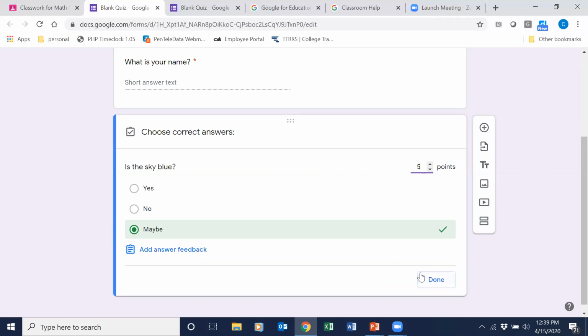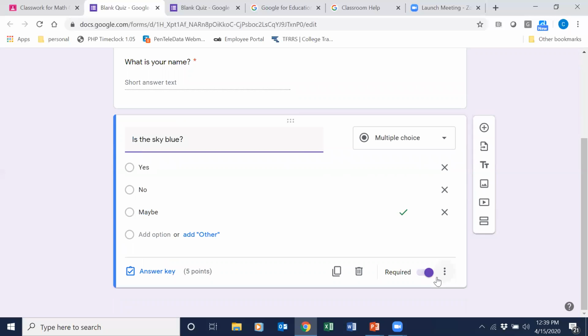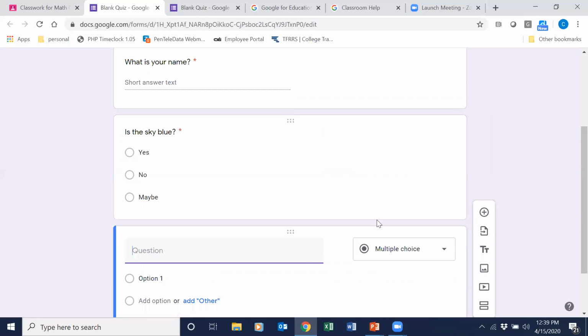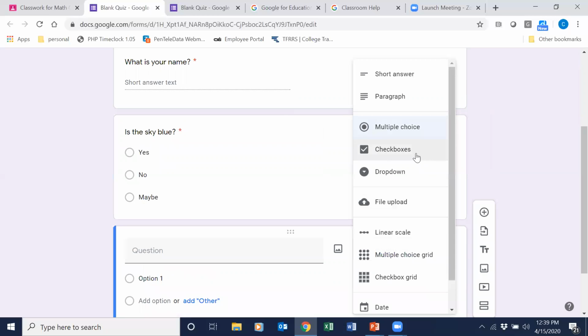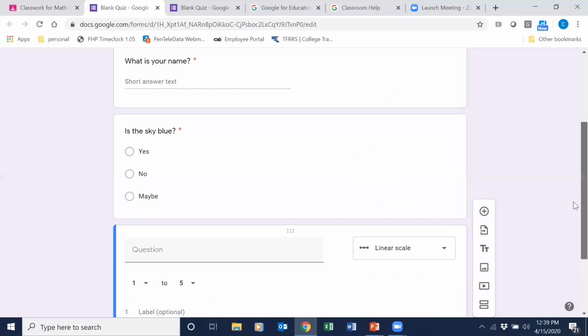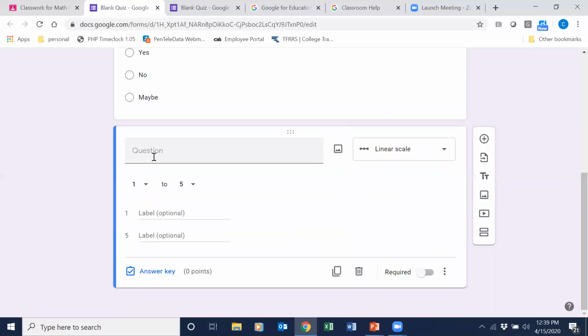All right. Once I have that set, I'm going to say done. I want to add another question. And let's just look at, just so that you can see what something else looks like, if I wanted a linear scale, excuse me. Now this is something where I can rate something. So I can say, you know,